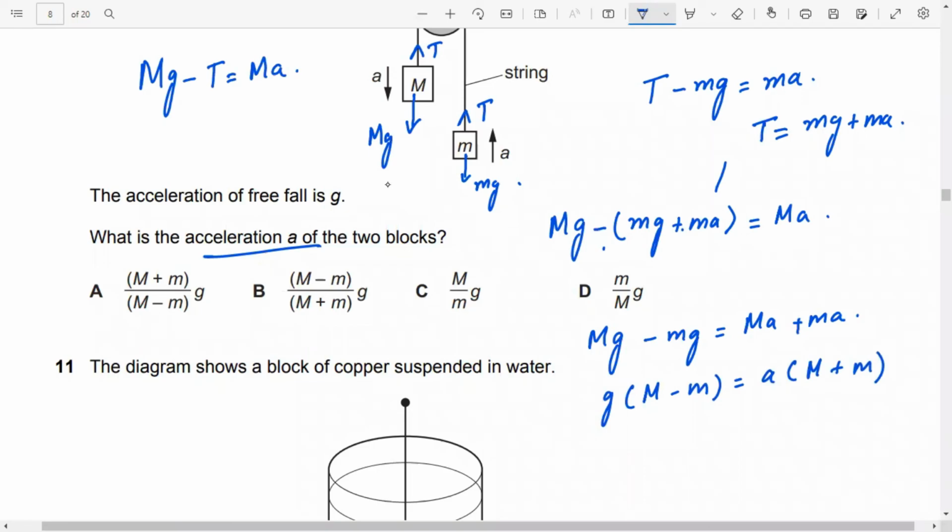Are you getting what I'm saying? See, when I open this up, it becomes mg minus ma is equal to ma. So going there, this gets added. This is what I've done. So this a now becomes g times m minus m over m plus m, and physics works here. The answer is